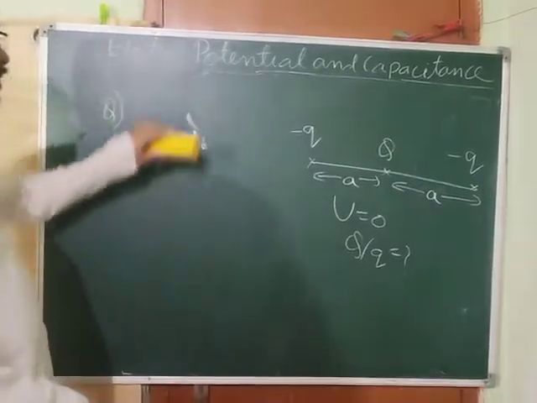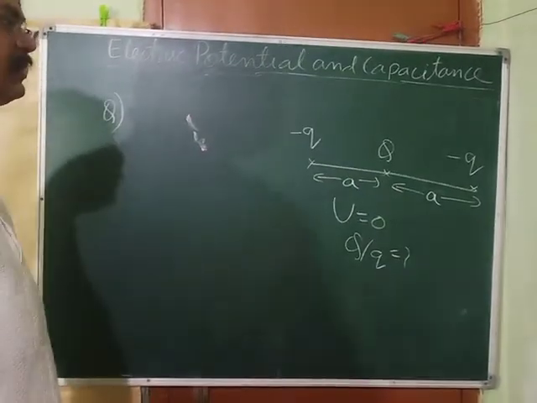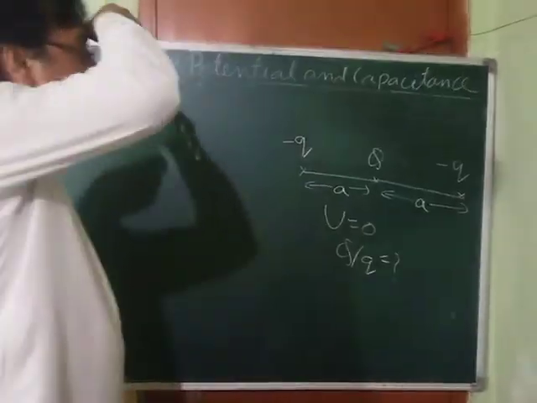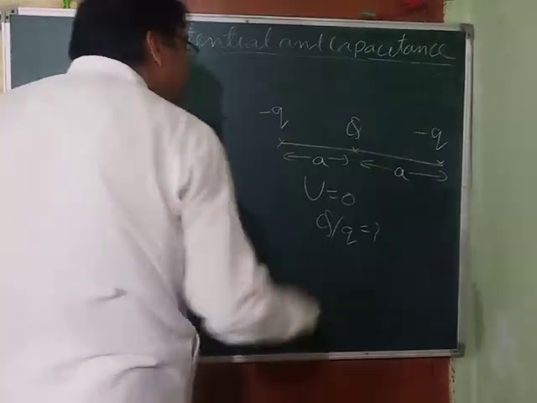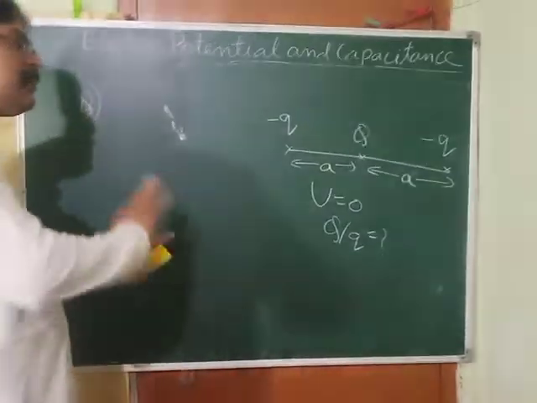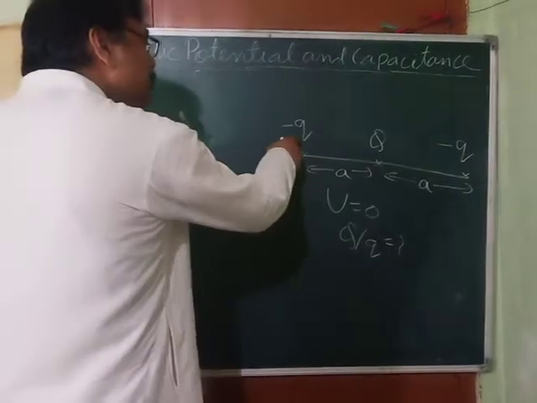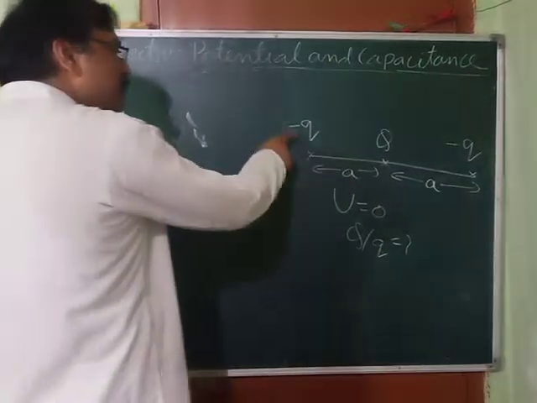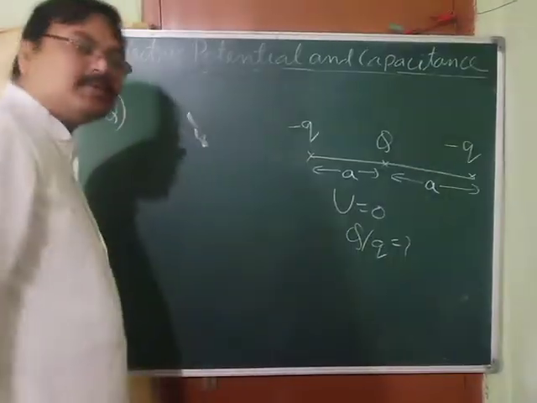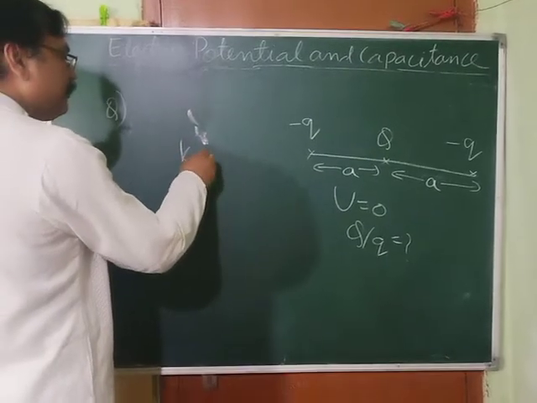Okay. Now, how to start this? First, we have to find out the potential energy of the system. So we have to suppose which charge has been brought first. Let us take that Q is brought first. If Q is brought first, then there were no other charges. As there were no other charges, no work has to be done. Okay. Now we bring this minus q charge. When we are bringing this minus q charge, then due to the presence of this charge, we have to do some work. So there will be some potential energy. So what can we write? We can write K, okay, minus Q.